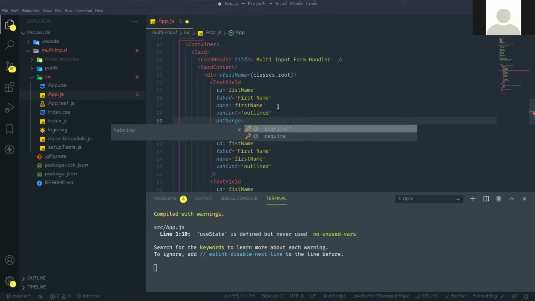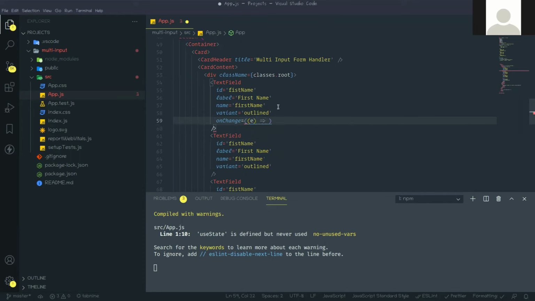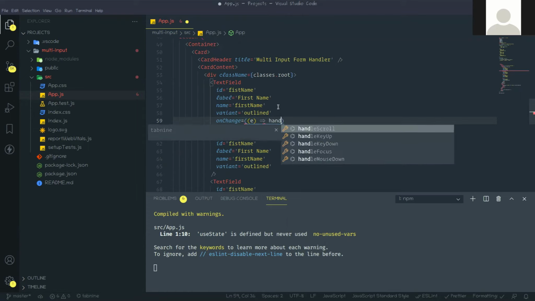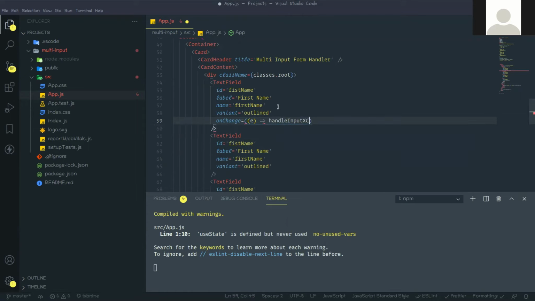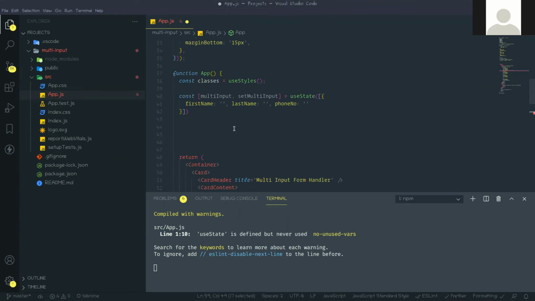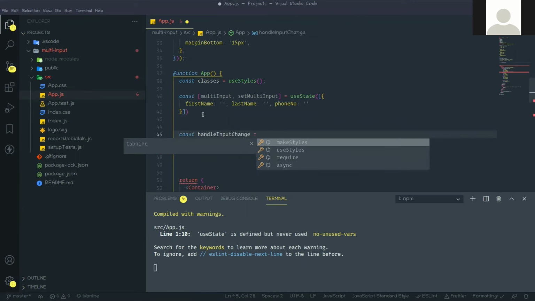For that, here, like e, I will create another function that is handleInputChange. This will take e. So this thing I need to create here.